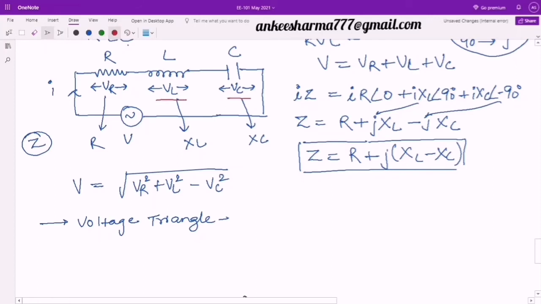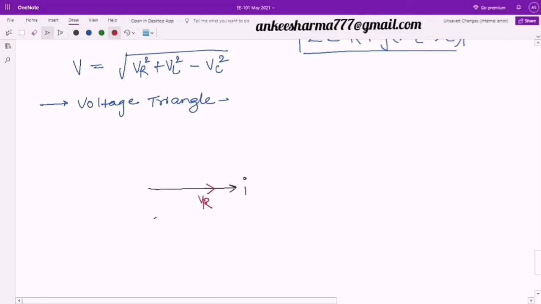So VL, अगर सिर्फ VL को देखूं, it means it is the special case where I am taking only the inductor, and in the case of an inductor there is a difference between the phases of the voltage and the current. What is that? It is plus 90 degree. It means my VL must be at plus 90 degree with reference to my current. So I will draw my value of VL like this, which is exactly at 90 degree to that of I, and as I said plus 90 degree means it is in the anti-clockwise direction. So ये anti-clockwise direction में मैंने move किया.